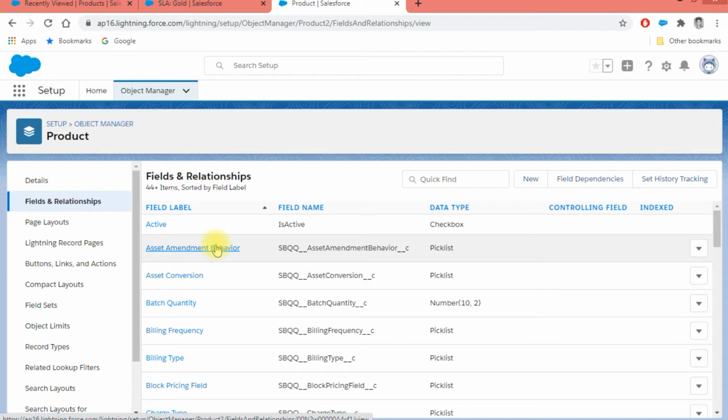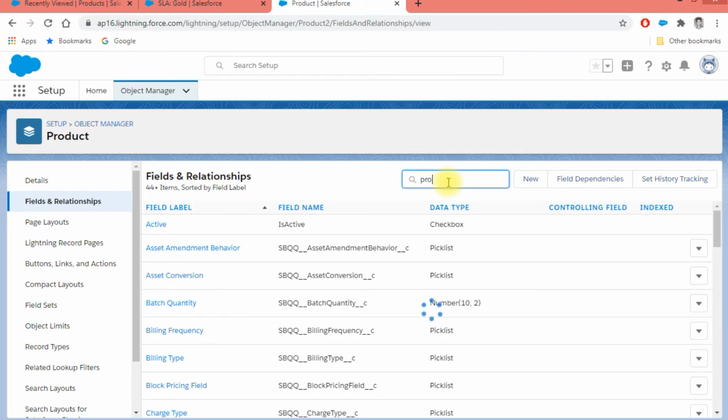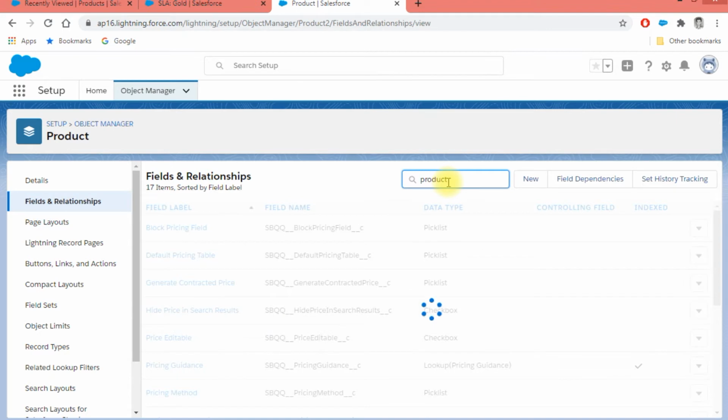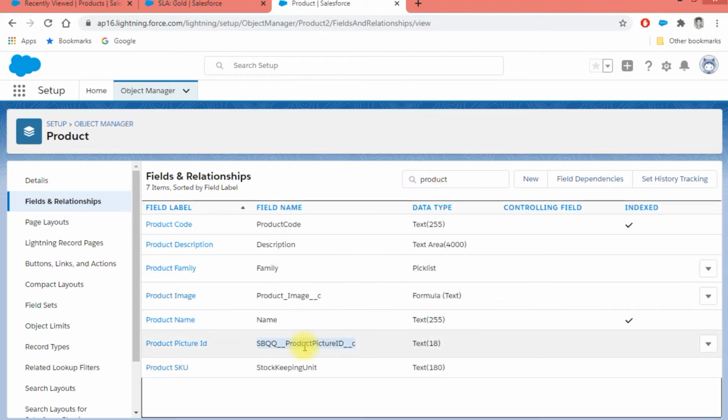It's just that earlier we used to create a separate field to store the link of that image, and now we are adding the document ID to CPQ's field called product image. Yeah, I mean the product picture ID field.